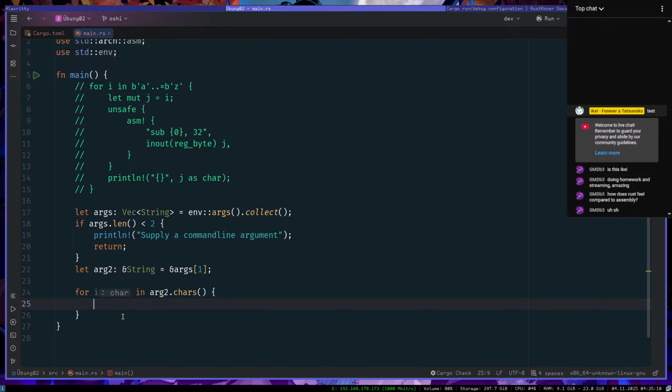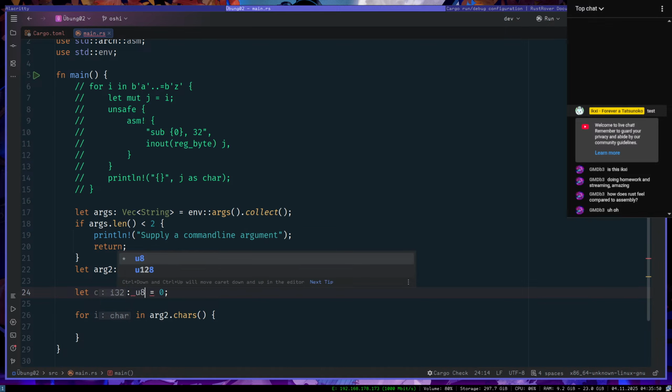And then for every char, I would also want to let c equals 0. That just can be a u8.